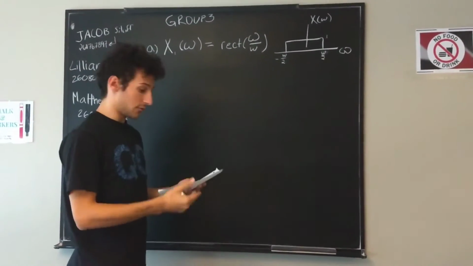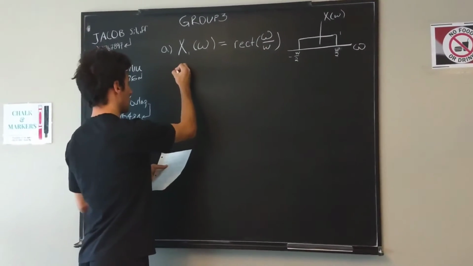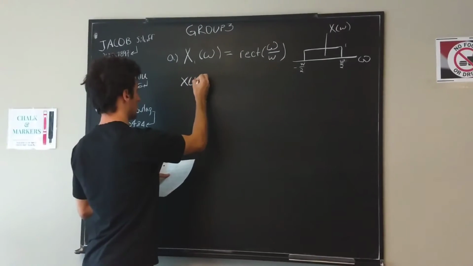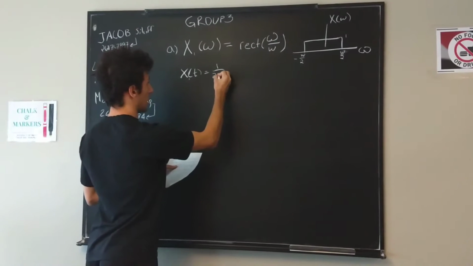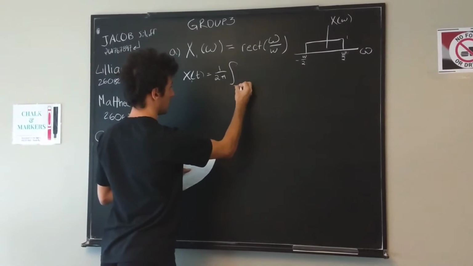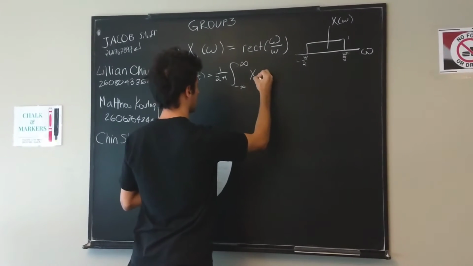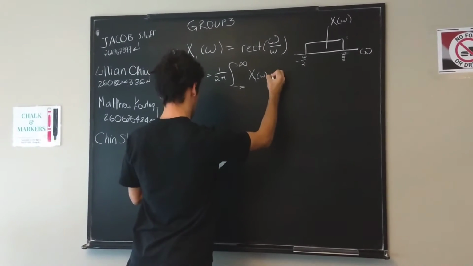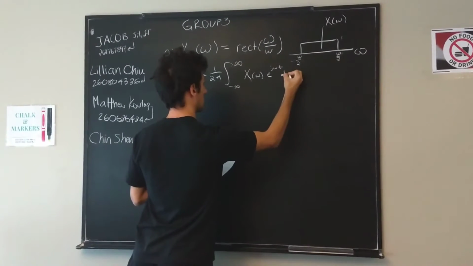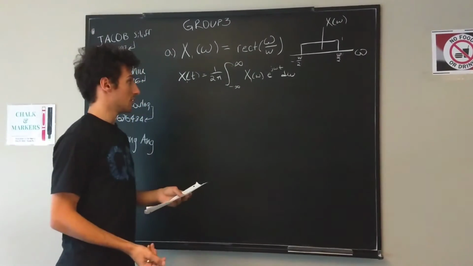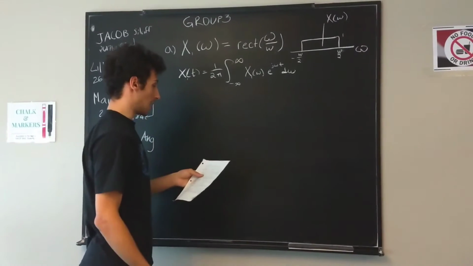Okay, so now that we know what our function looks like, we can use the formula for the inverse Fourier transform to compute x1 of t, which we know is going to be equal to 1 over 2 pi times the integral from negative infinity to infinity of capital X1 of omega times e to the j omega t d omega. This formula is just the definition of the inverse Fourier transform, and we can now apply it